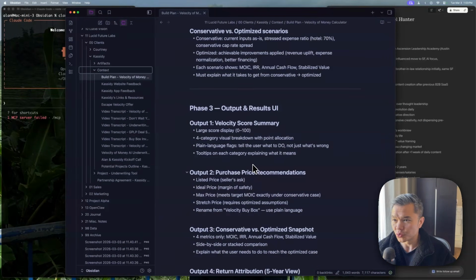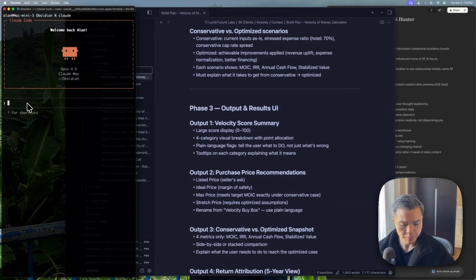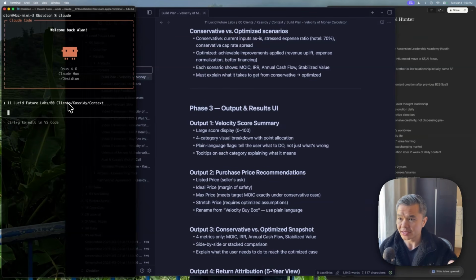All right, so once we have all of this context in these text files in this directory, we can take all that and put it into Claude Code and just say, hey, using all of this context, actually, let's just do it real quick. So I'm going to point Claude Code to this directory by pasting the file path into Claude Code.